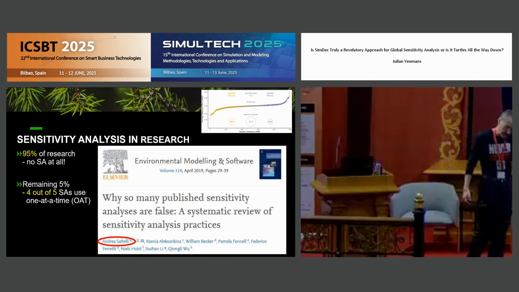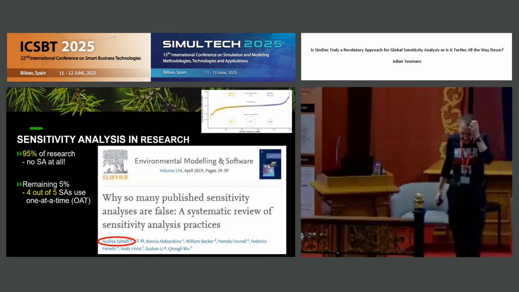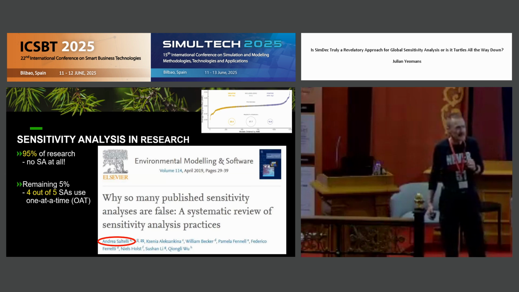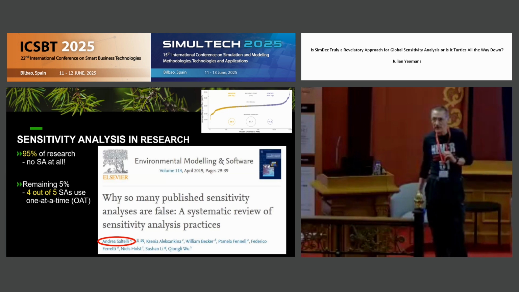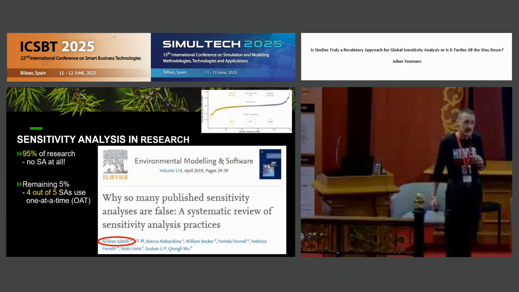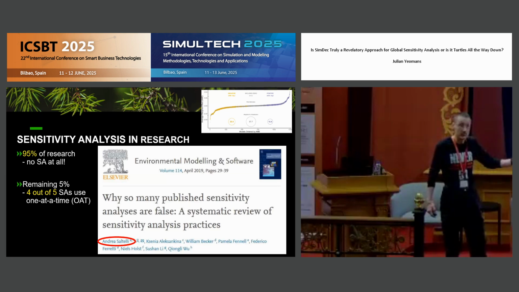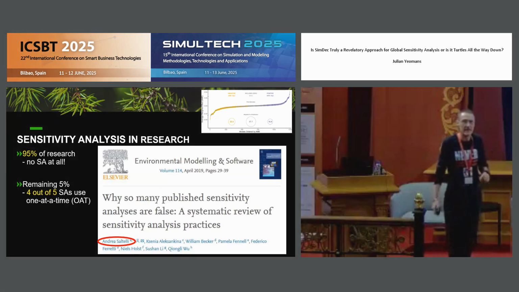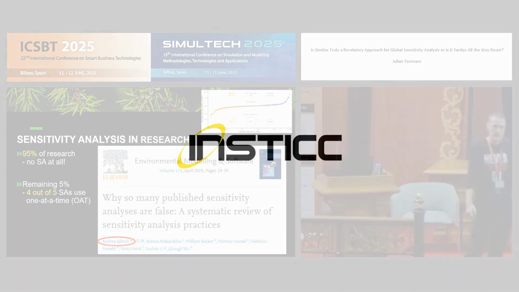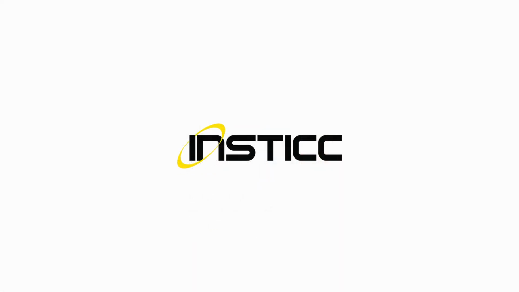Now, why bring up sensitivity analysis? Pretty well nobody does it. And you can do study after study after study, which show, particularly whatever field that you're looking at in terms of research or even reports, broadly speaking in what would maybe classify as the quantitative, socio-environmental style of modeling, 95% of all the studies do nothing in terms of sensitivity analysis.